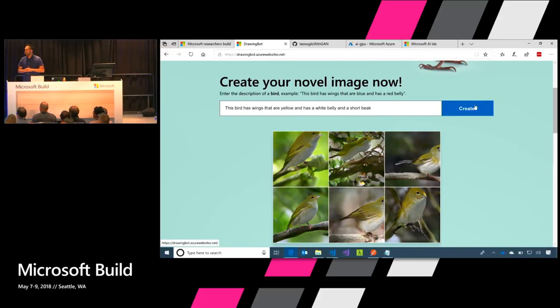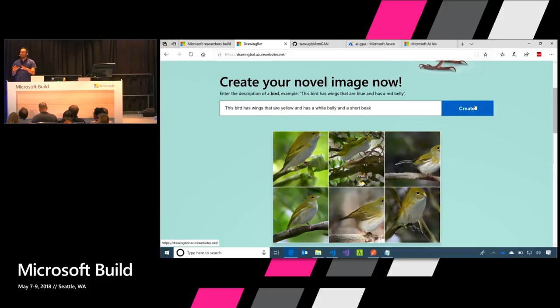Now, what does this mean for you? Why is this even important? Think of creative scenarios where you can have AI-supplemented things. Or think of other scenarios where you can train neural networks to look at images and spot problems that you might have. Or maybe you're writing some text, and think of a spell check on steroids where you train the spell checker to think like Mark Twain. And now it can look at your text and say, oh, right here, he would say it this way. With AI, there's a ton of things you can do now, not just discriminating between different things, but also generating creative things.